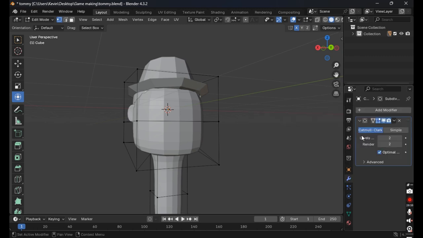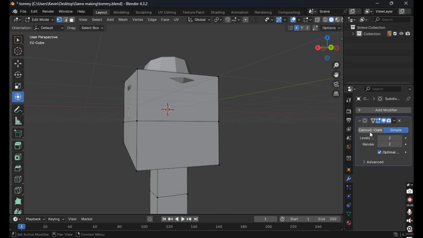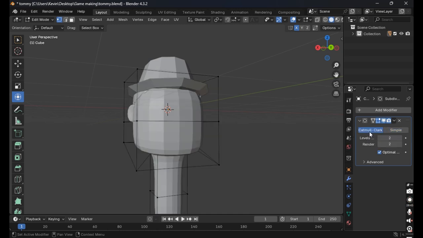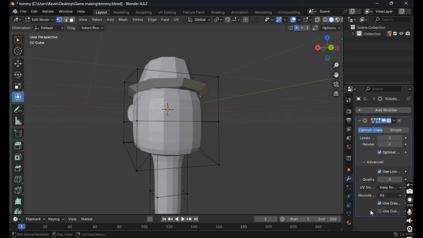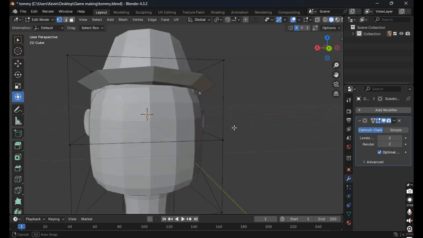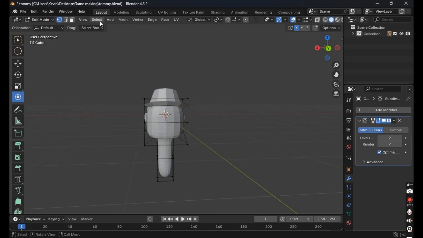Anyway, simple. That's not what I was going for. Advanced quality 3. What does quality? Just keep it there. Keep boundaries. Keep corners. What does this even mean? All. I don't know what that means. Boundary, keep corners. Don't know. There's probably a way to figure out how to do that, but I'm just gonna go add a